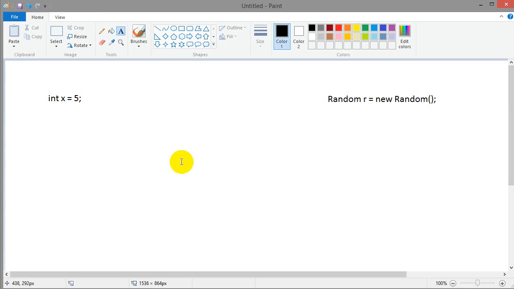So these are my two different types. Now, what do these look like behind the scenes is what I'm going to show you. This is not actually what memory looks like. If you want to see that, look at my other video. But this is what they look like physically, sort of,